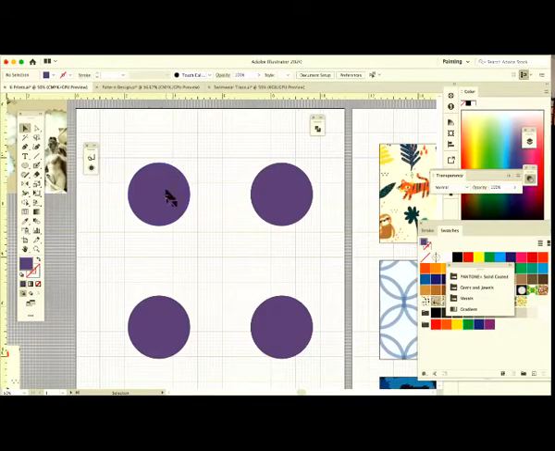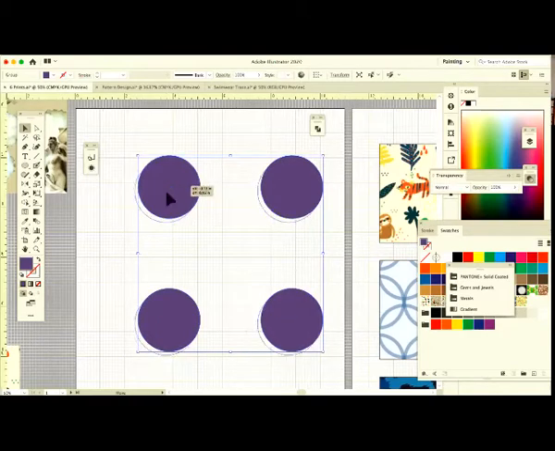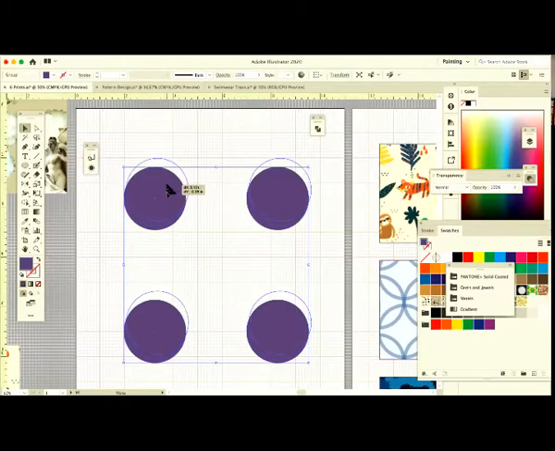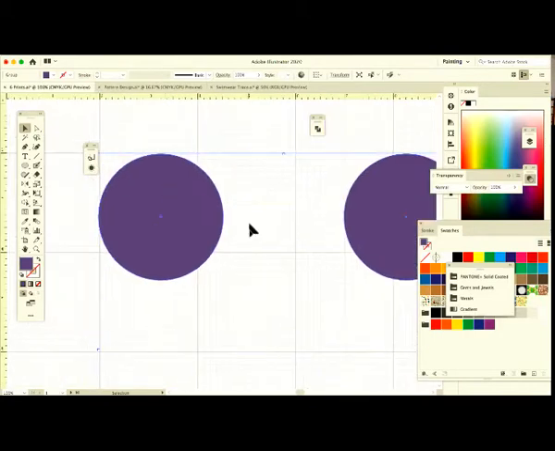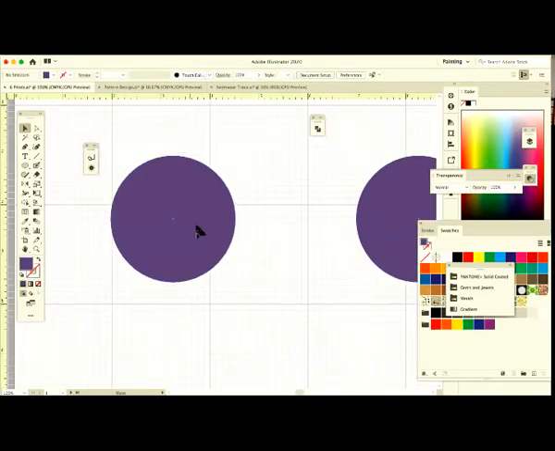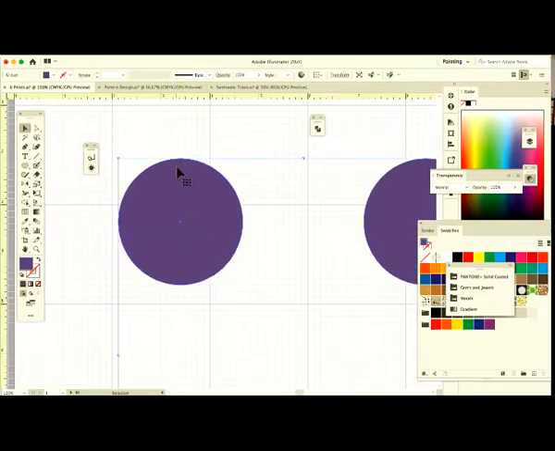I need those, and I don't want to move this. So what I would do is line it up to my grid. You don't need a grid, but it helps to have a grid. That way you can line up your design